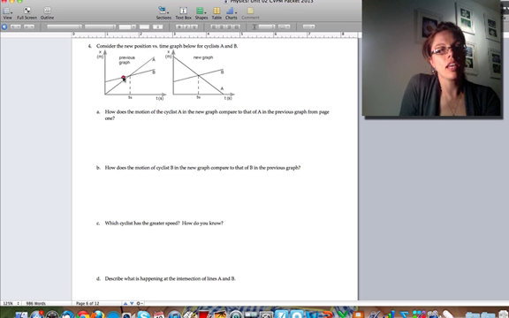Okay, so now the next page, they change things up a little bit. And they say, okay, this is our old graph and this is our new graph. It looks like A still has the same steepness as before, but now it's going the opposite direction. So how does the motion of cyclist A in the new graph compare to that of A in the previous graph? I would say the same speed,